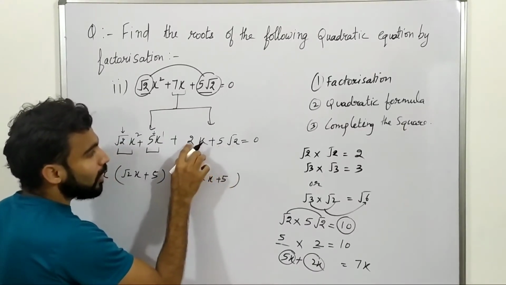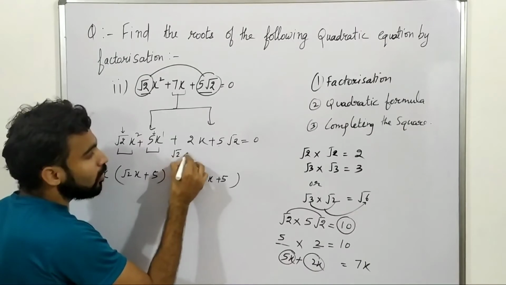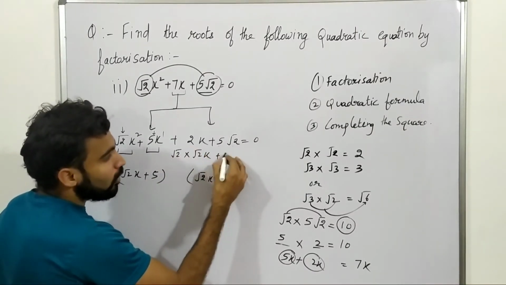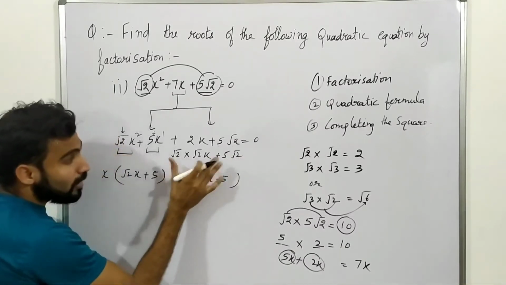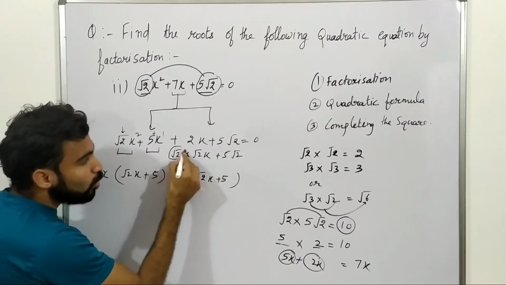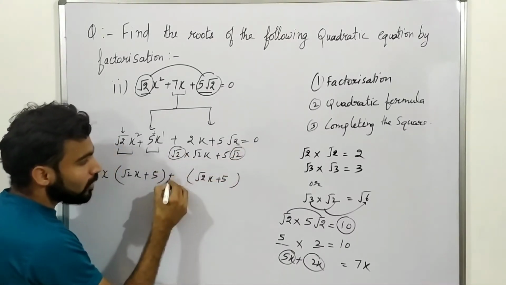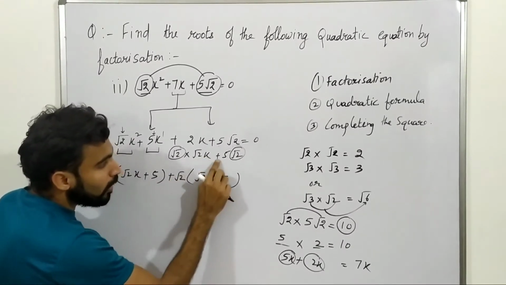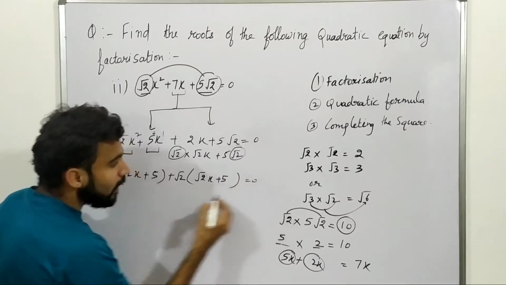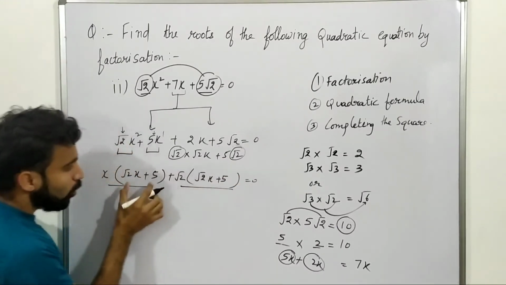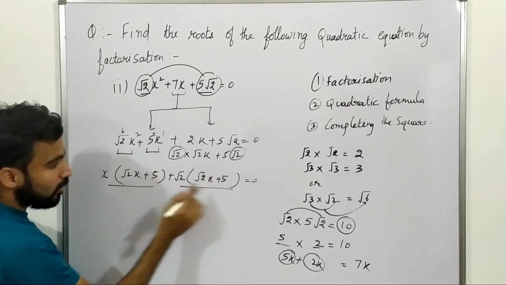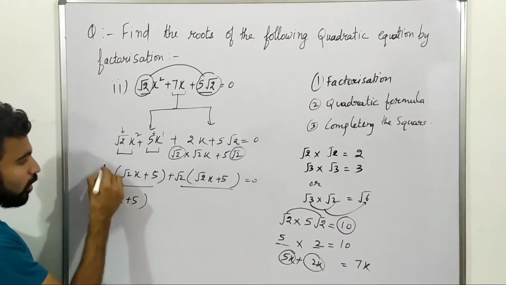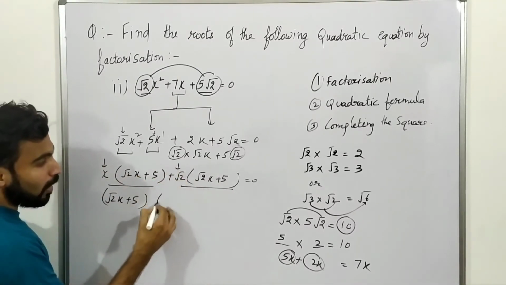So you can see, if I write this 2 as root 2 cross root 2, that will make no change. And further, there is 5 root 2. Now you can see here clearly that this root 2 is simply common. So if I just take root 2 common here, the remaining will be root 2x plus this 5 here. So finally, now I can easily take root 2x plus 5 common here. So if I just take root 2x plus 5 common, the remaining will be simply x plus root